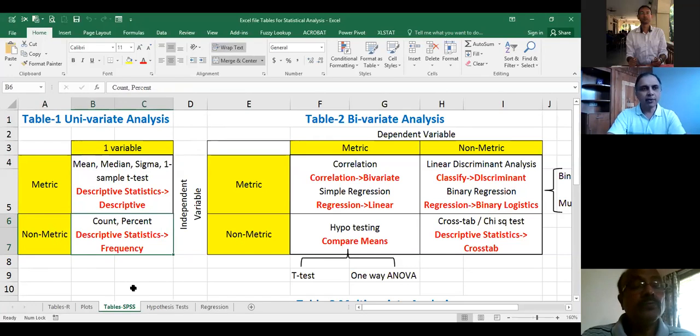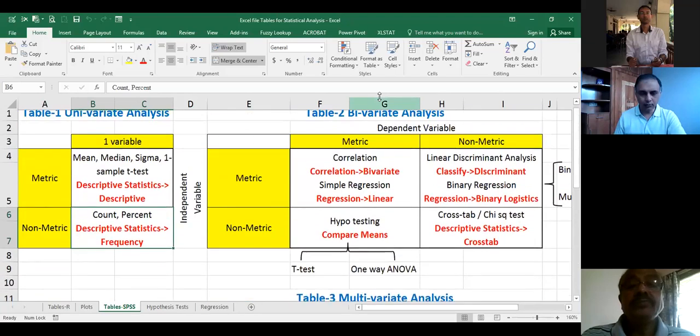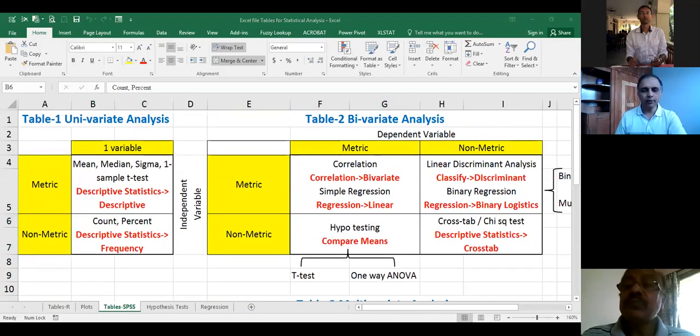For example, as of now, 95 people are on this meeting. If I simply note down the place you belong to, how many of you are from Tamil Nadu, Kerala, Andhra, Karnataka, Telangana, Odisha, and so on, simply the person belonging to one state, this is nominal measurement, and for that I have just one variable. So for one variable, non-metric, all I can apply is the count and percentage.